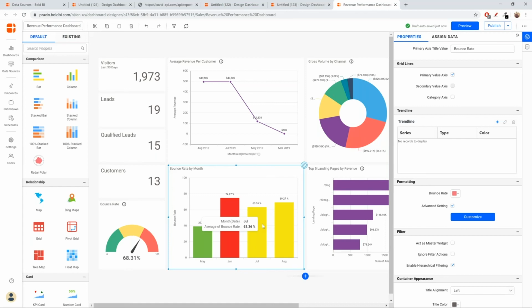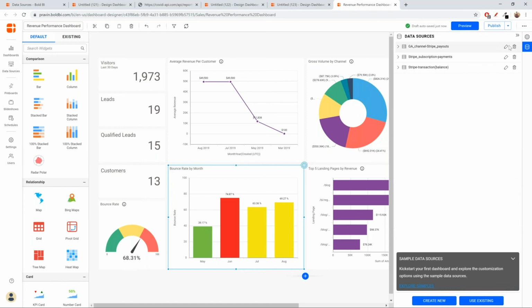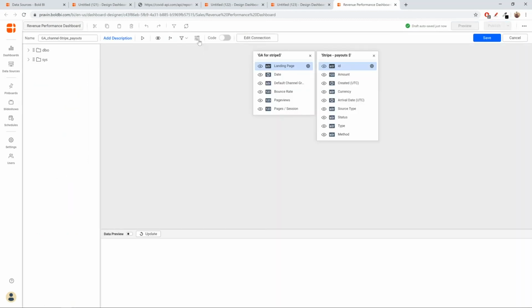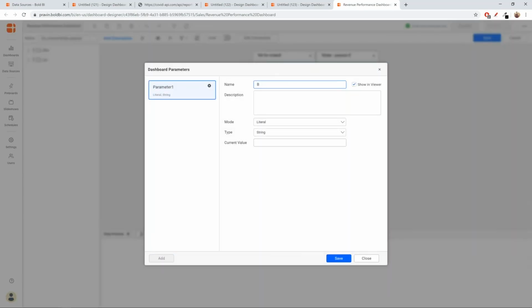But again, if you have a lot of widgets in the dashboard configured with conditions like this, you may need to edit the dashboard again and change all the static values in the dashboard. So instead of that, you can add a parameter and then make use of that in the conditional formatting here. Okay. So again, in the data source, I'll go to the data source that I have and create a parameter. So I'll name this bounce threshold, and I'll choose the literal value again and a number range. So instead of single, I'll go for range, and the default value will be 40 to 60.